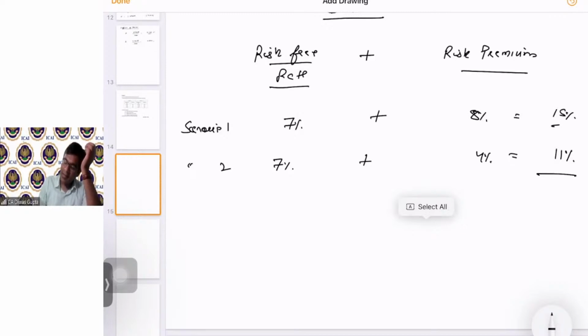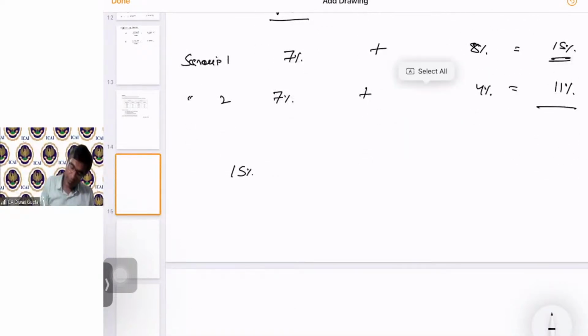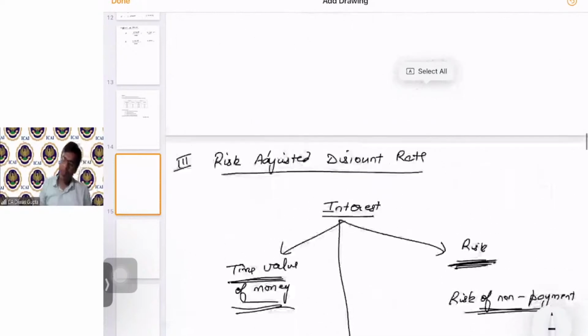Do you think that the higher discount rate will lead to lower present value? Yes, because if the same project you analyze the basis the discount rate of 10 to 20, then the present value will go down because the higher discount rate, the future cash flows are going to get discounted at a higher rate. That means it will drive the present value at a lower amount. I hope this is clear. So 15% would give you lower net present value.